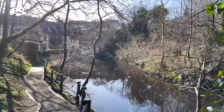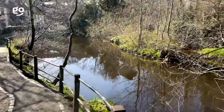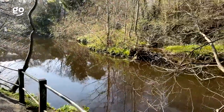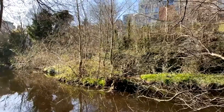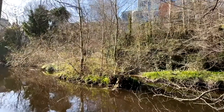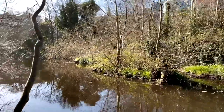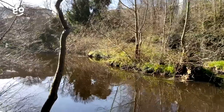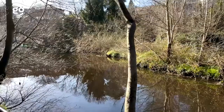Oh, look at the reflection, isn't this beautiful? Now the water is looking really dark. It's always got a kind of brown hue to it anyway because of the peat. It dyes the water that kind of brown colour. But we have had a lot of rainfall, so it's actually quite high at the moment as well. But this is good. When it's a kind of milky brown, that means all the silt and everything's getting churned